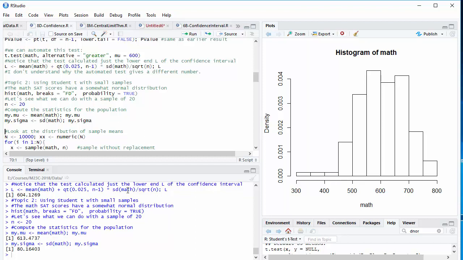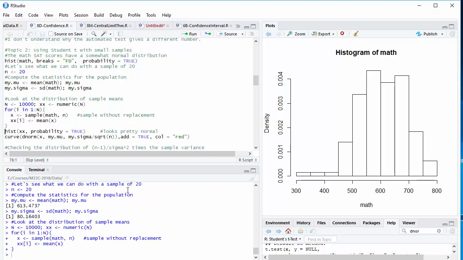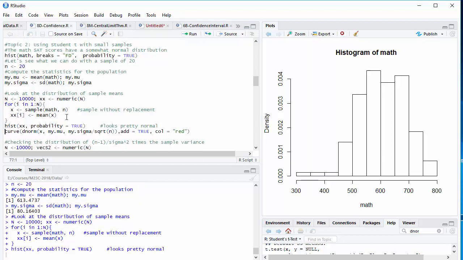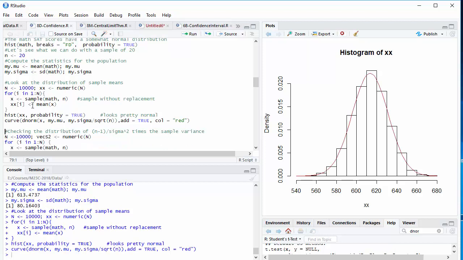First, let's look at the distribution of means for a sample of 20. 20 isn't particularly large. On the other hand, the distribution of SAT scores is vaguely bell-shaped. It's got a big hump in the middle, and so the central limit theorem might reasonably apply for n as small as 20. We can check that. I draw samples of 20 without replacement, of course. We've got 285 to draw from. I plot a histogram of the result, and that's plausibly a normal distribution if we overlay the appropriate normal distribution